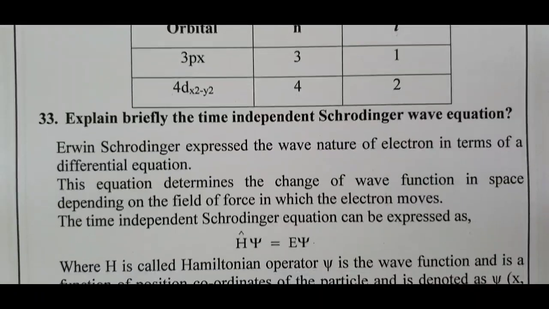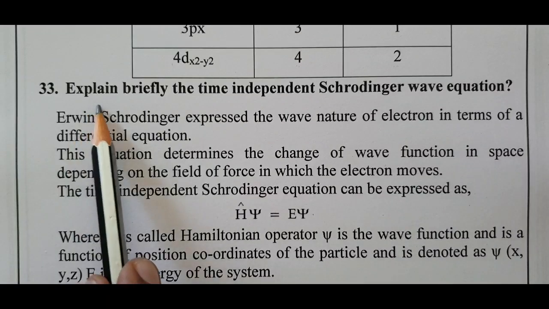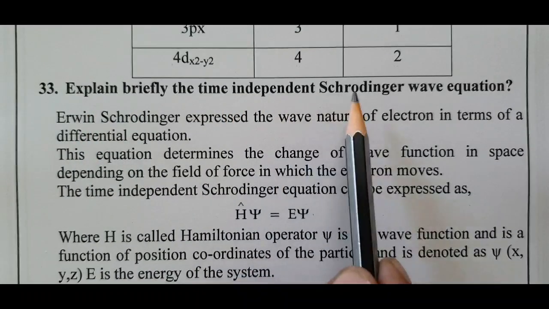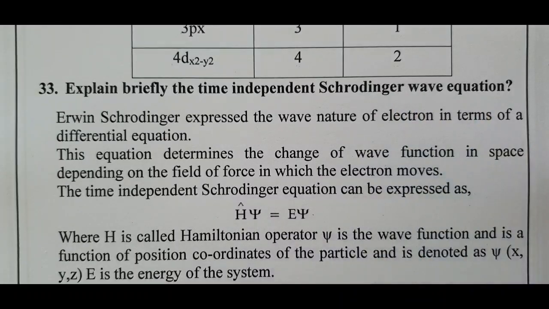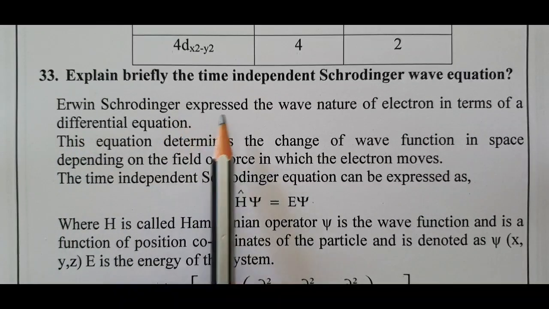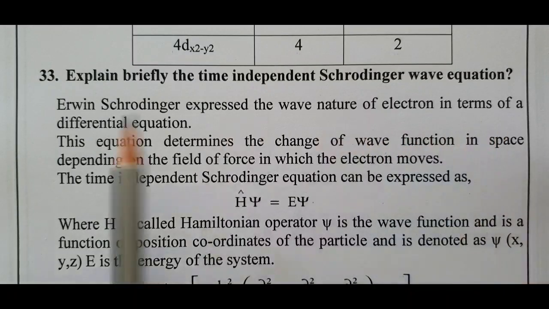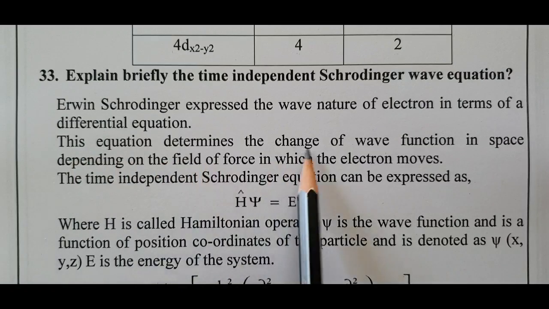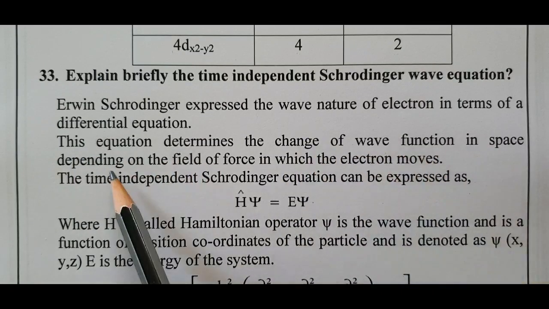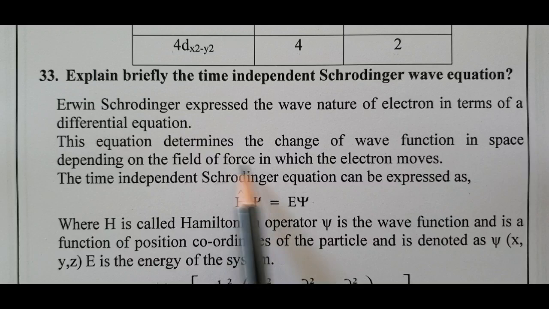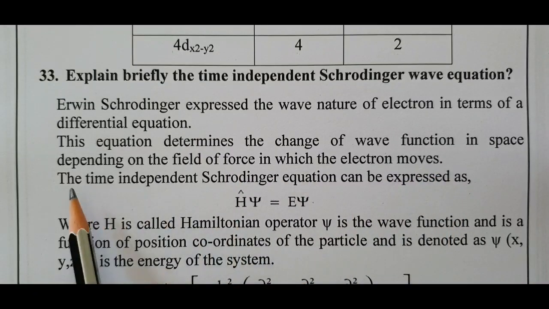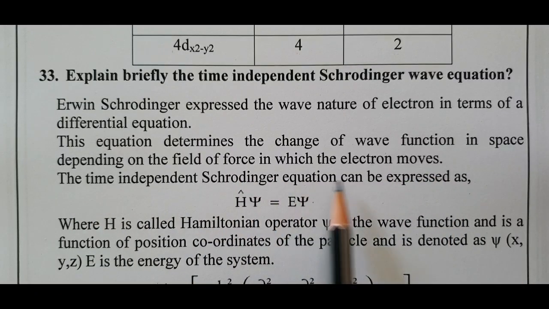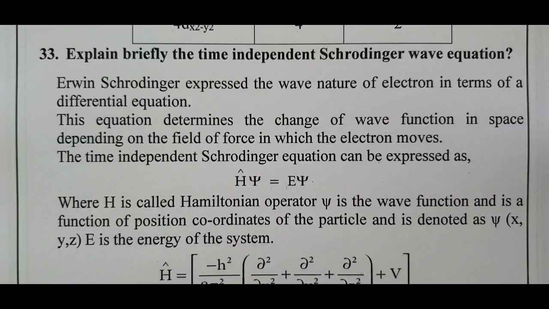Come to the important question. Explain briefly the time independent Schrodinger wave equation. Erwin Schrodinger expressed the wave nature of electron in terms of a differential equation. This equation determines the change of wave function in space depending on the field of force in which the electron moves. The time independent Schrodinger equation can be expressed as H cap psi equal to E psi, where H cap